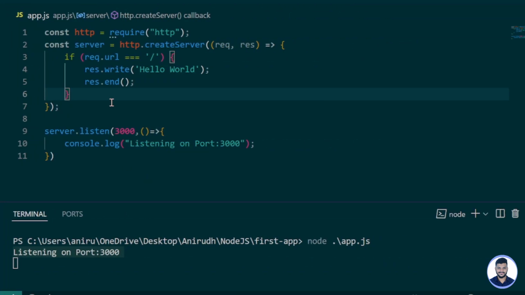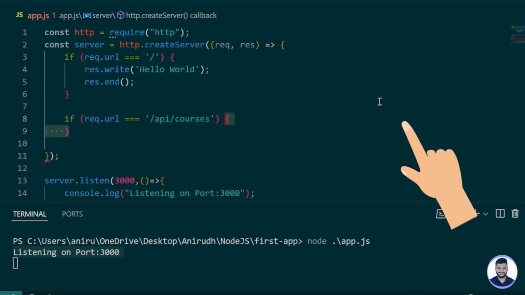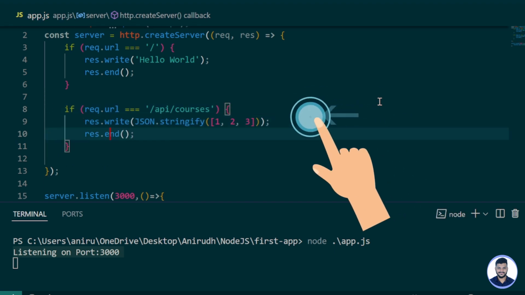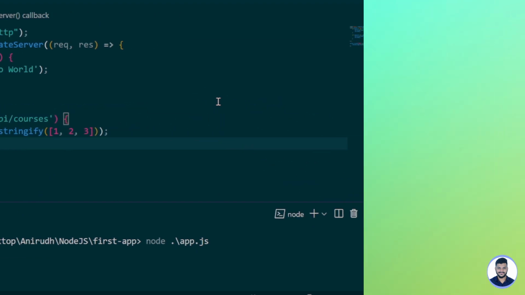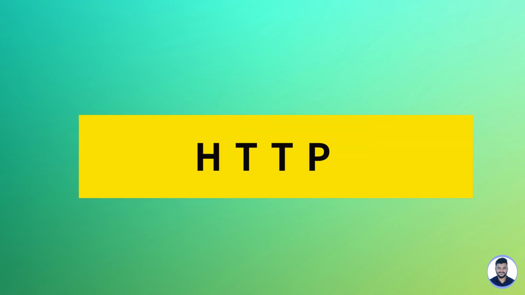To handle multiple routes, we add more conditions like this. This allows us to return an array of numbers when visiting /api/courses. Building a web server with Node is straightforward, but in real-world applications, we don't use the HTTP module directly